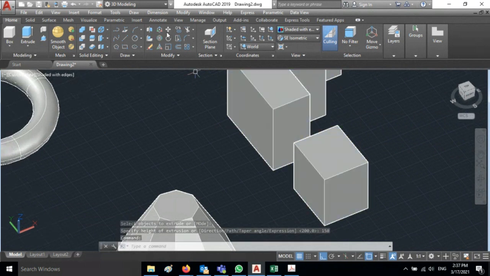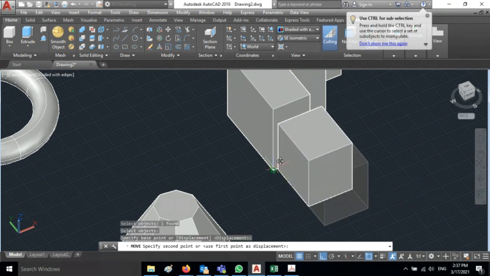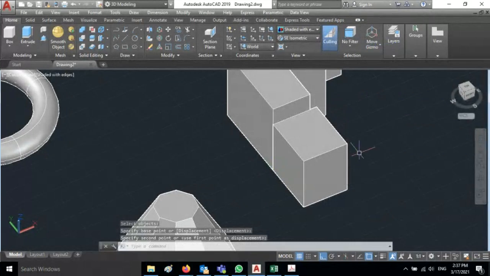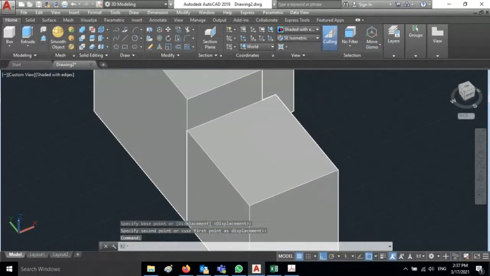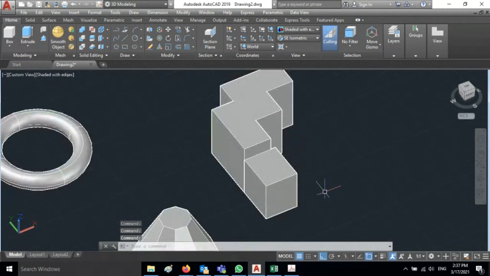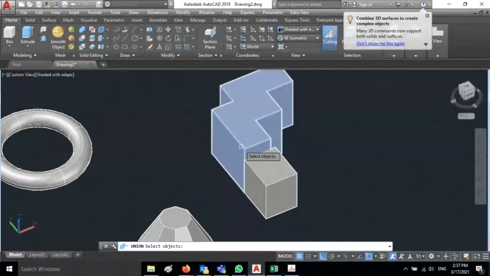First I'll move it. Go to move, select the edge, and move this to here. Now we moved this object, but it is not joined because we have two different objects here. If you want to join these two objects, you have to select the solid union. Select solid, select the two objects and then join.